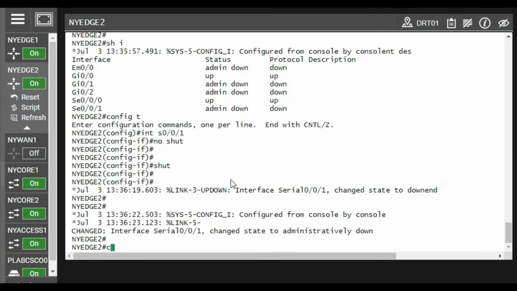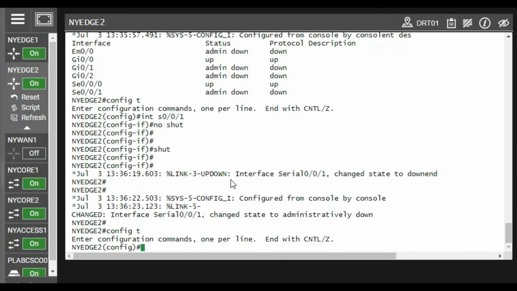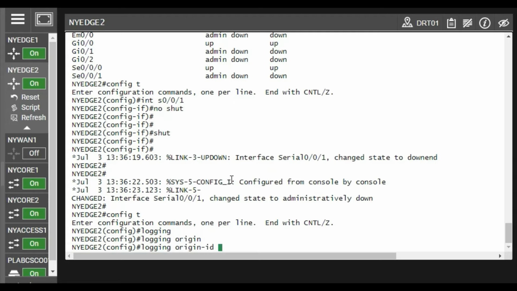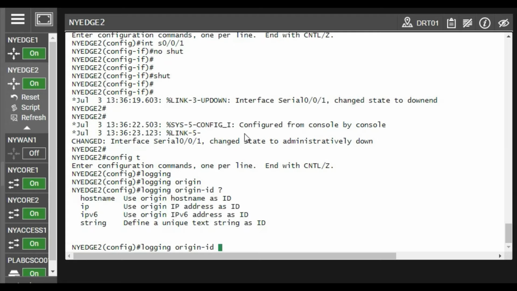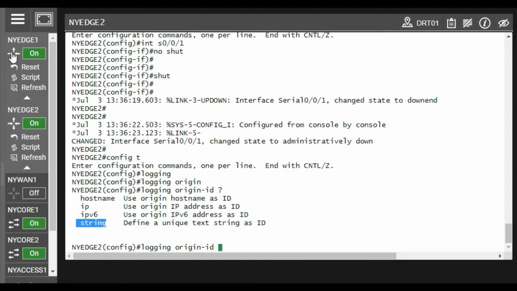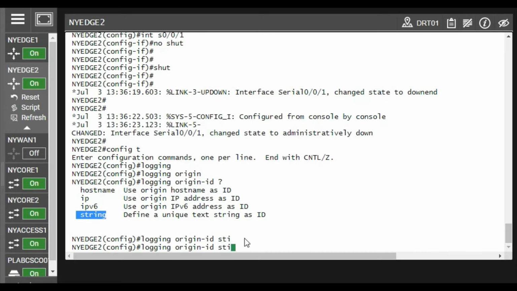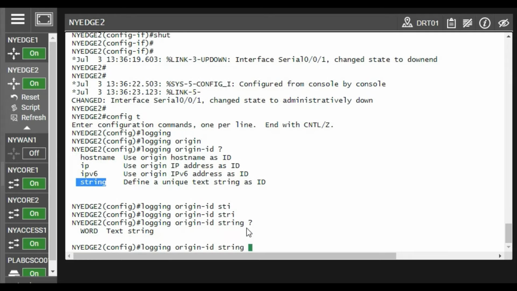So config t, logging origin-id. Either you can give the hostname or a string, or you can give the IP, but I want to keep it as hostname. You have already learned the hostname on NYH1, so make it with a string name this time so it can be understood more easily.